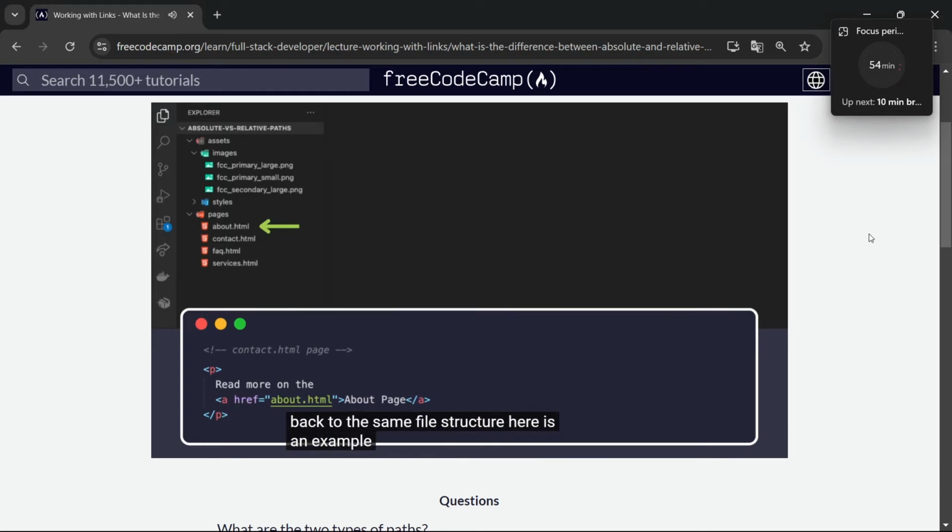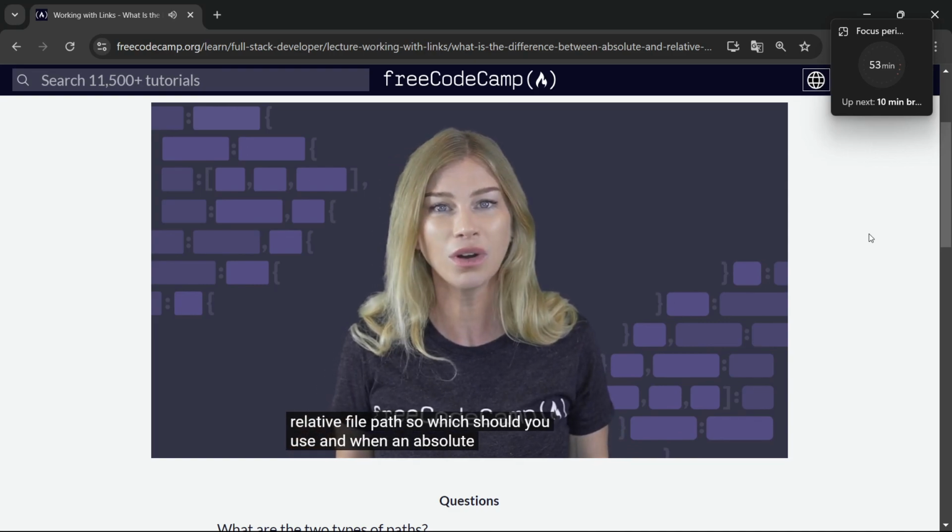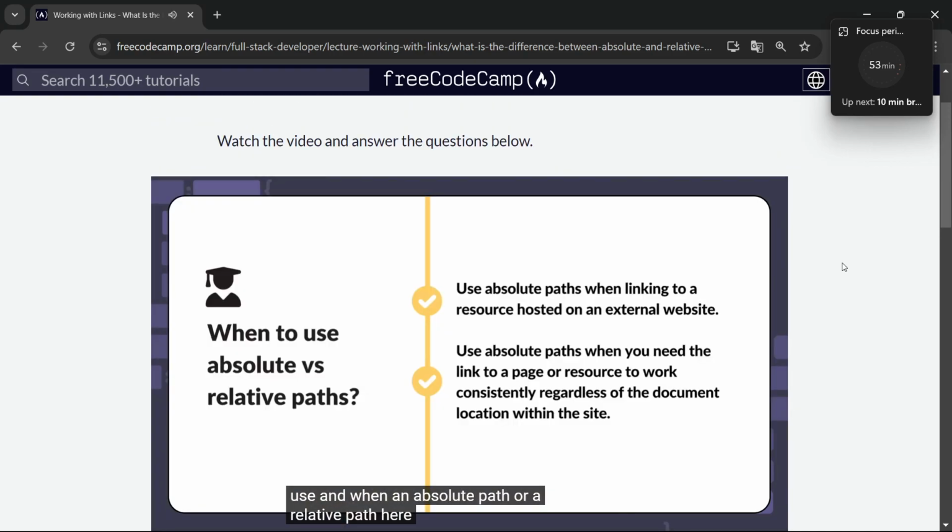Here is an example of linking to the about.html page from the contact HTML page. So imagine you're on the contact HTML page, and because the about.html page is in the same place, we simply get the file name. This is an example of using a relative file path. So, which should you use and when? An absolute path or a relative path? Here are the rules you should